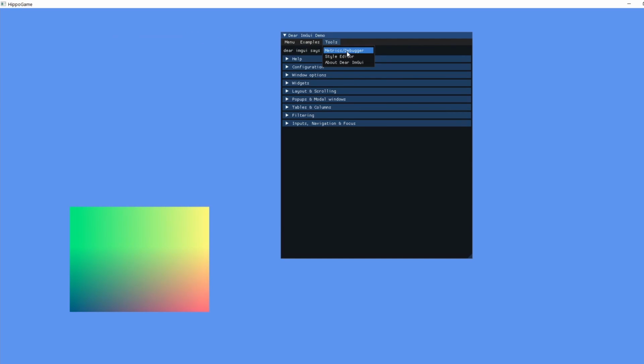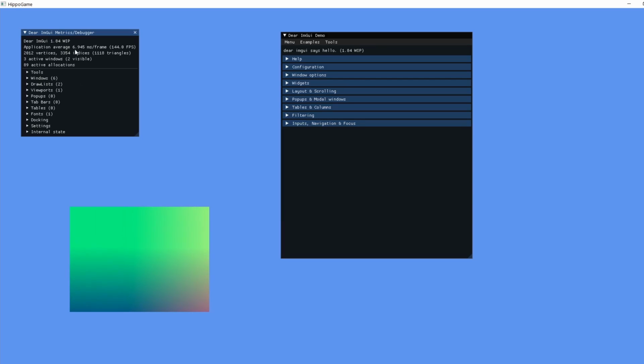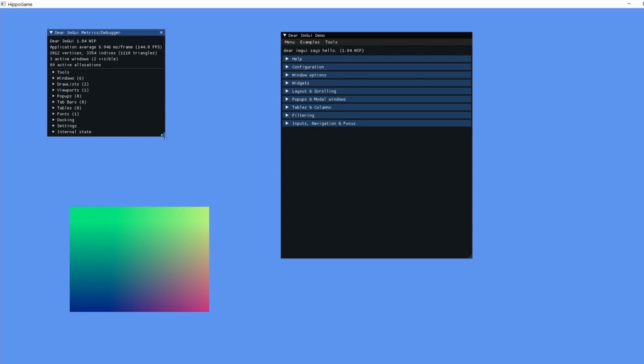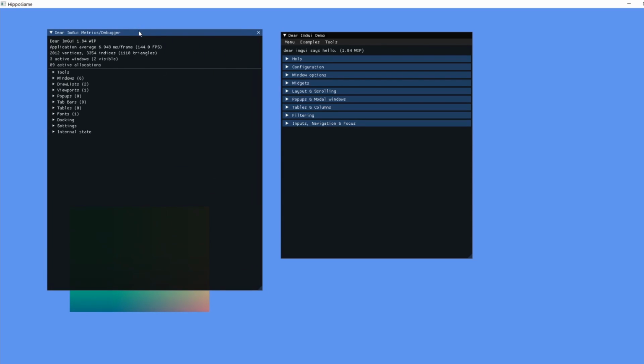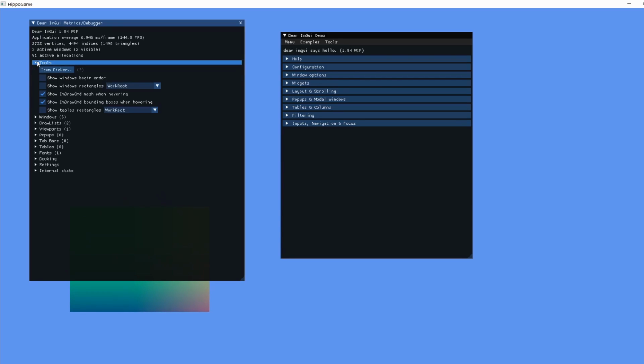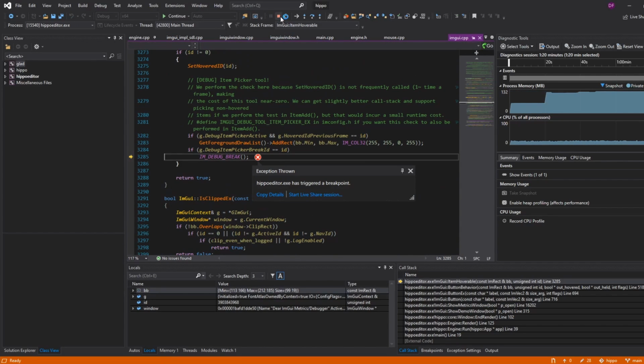Let's go to Tools, Metrics, and Debugger. So there's our FPS. We're running at 144, which is v-synced with my monitor. That's awesome. Some tools. So Item Picker, sure. Oh, look at that. So now we can see which items we're hovering over. But I think the point is,